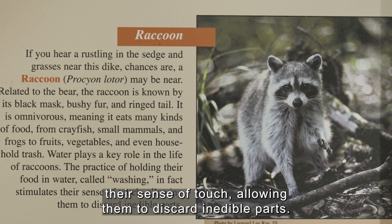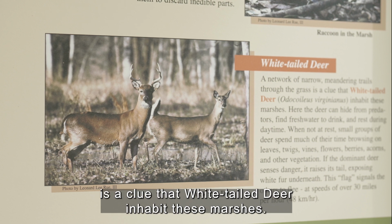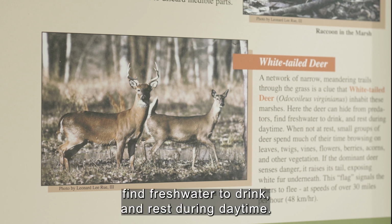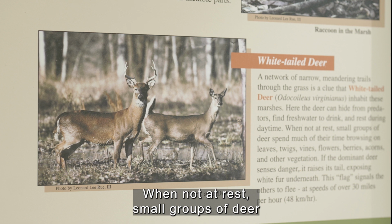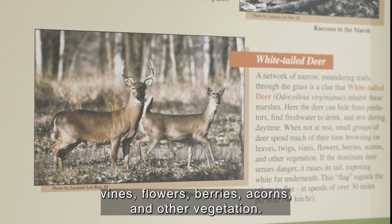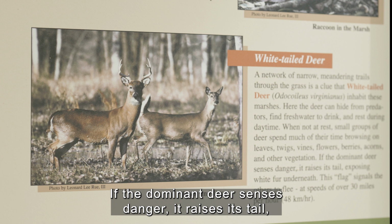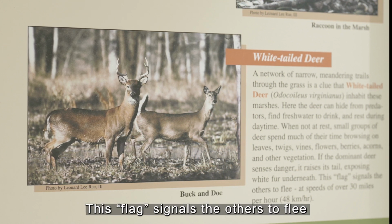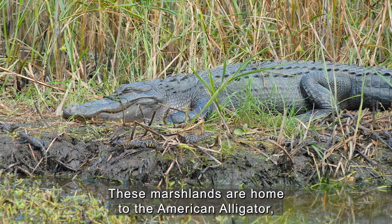The practice of holding their food in water, called washing, in fact stimulates their sense of touch, allowing them to discard inedible parts. A network of narrow, meandering trails through the grass is a clue that white-tailed deer inhabit these marshes. Here, the deer can hide from predators, find fresh water to drink, and rest during daytime. When not at rest, small groups of deer spend much of their time browsing on leaves, twigs, vines, flowers, berries, acorns, and other vegetation. If the dominant deer senses danger, it raises its tail, exposing white fur underneath. This flag signals the others to flee at speeds over 30 miles per hour. These marshlands are home to the American